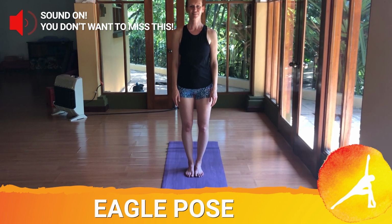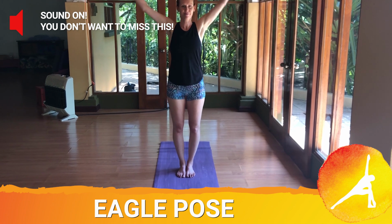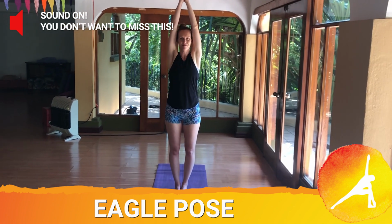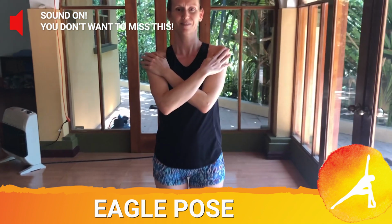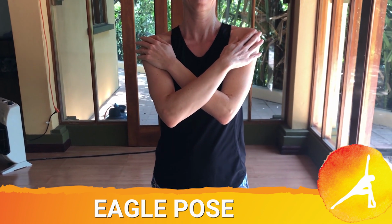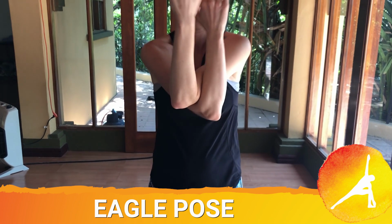So a couple of key things in eagle. Feet together nicely, arms over your head sideways. Bring your right arm under your left arm. So what's important, many people miss that part. So maybe you might be here or a different version, but when you bring your arm underneath, yes, you can